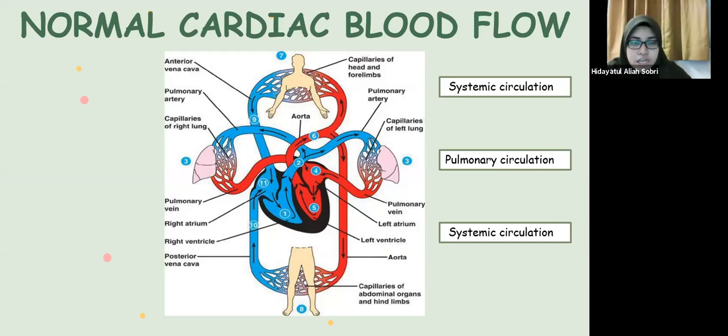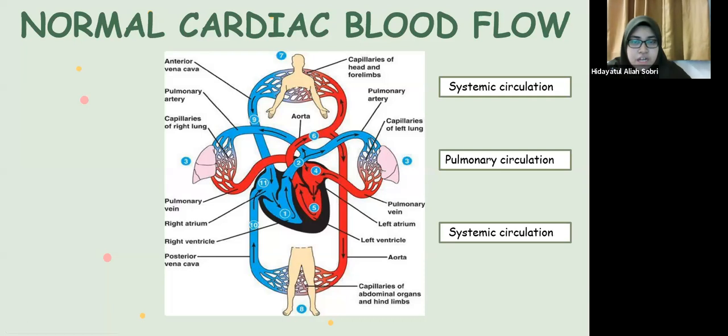So this deoxygenated blood that contains carbon dioxide will enter into the right atrium, and then pass through the tricuspid valve, and then go to the right ventricle, and then go through the pulmonary artery into the left and right pulmonary arteries, and then the exchange of carbon dioxide and oxygen will occur. So the oxygen